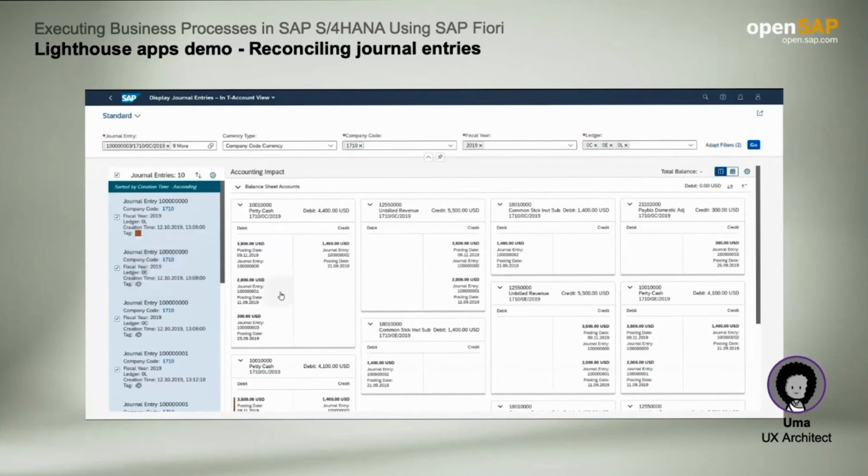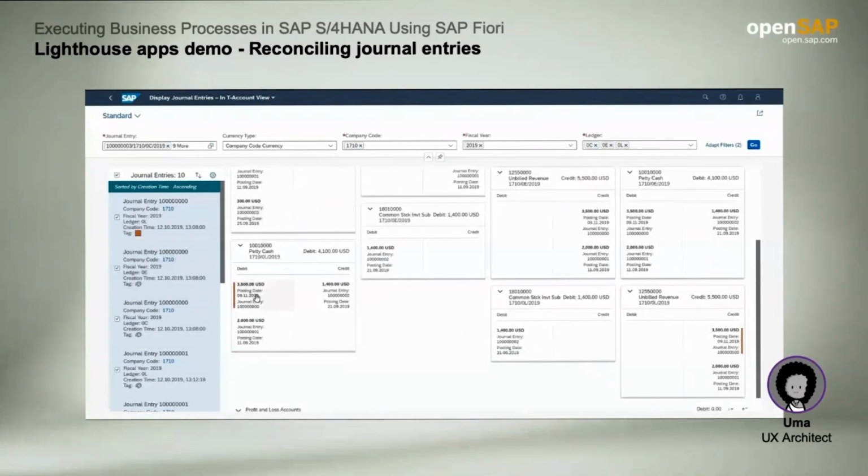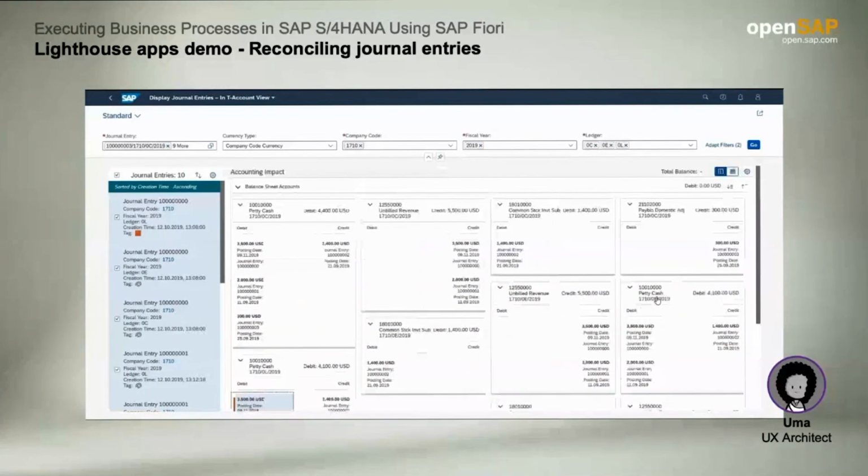They can use the fact feature to visually match them. Let's say the journal entry of interest is marked in red. On the right, the corresponding transactions will get highlighted in red. Here they can see that the journal entry of interest is mapped to two different transactions from two separate accounts.